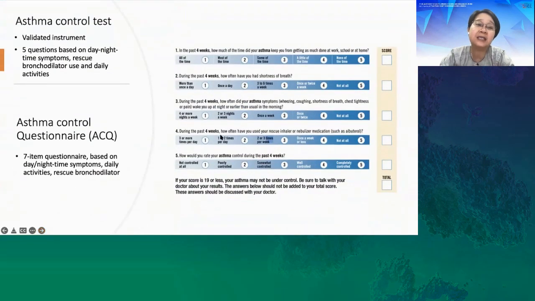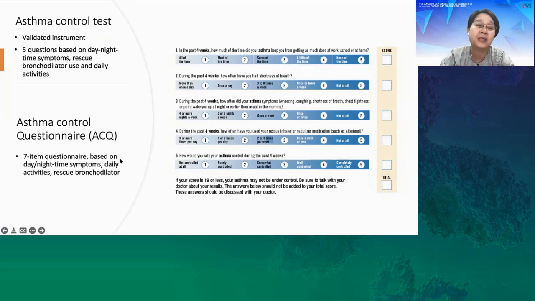So this is the ACT. Basically it's simple. It's a validated instrument. There are 5 questions and it's based on symptoms of nighttime, daytime, rescue bronchodilator use, and daily activities. As in anything, the higher the score, the better. So the cutoff is actually 19. If your score is 19 or less, that means that the patient's asthma is not well controlled,